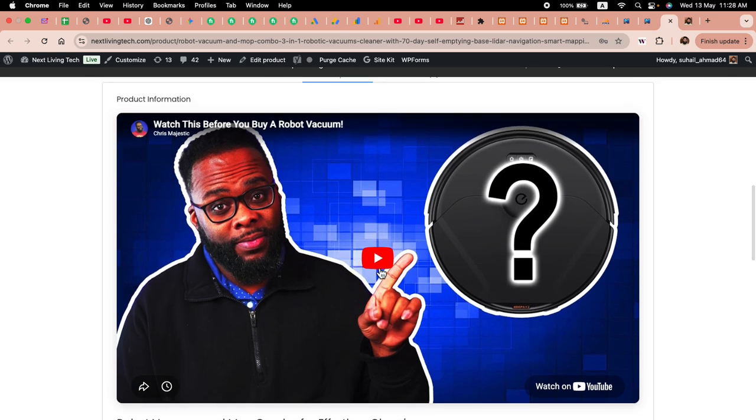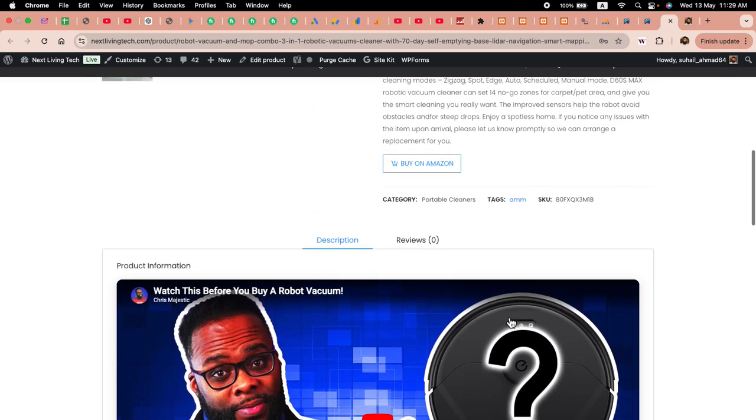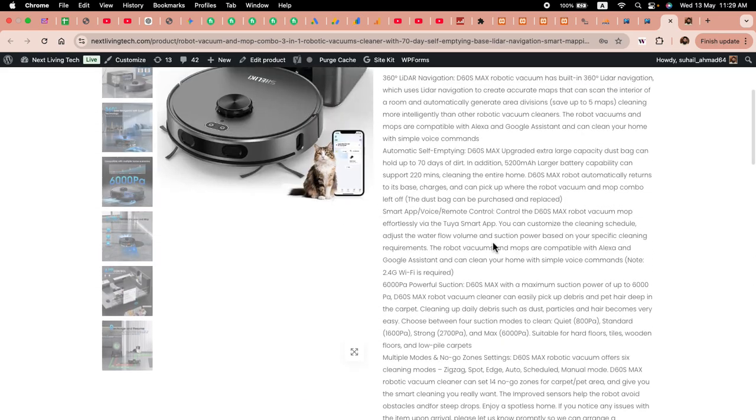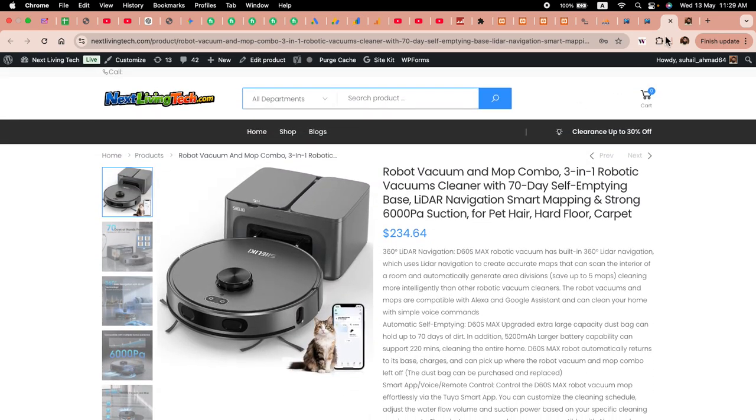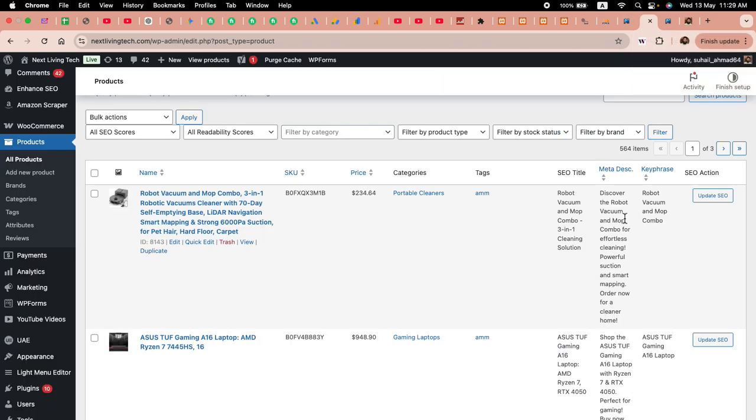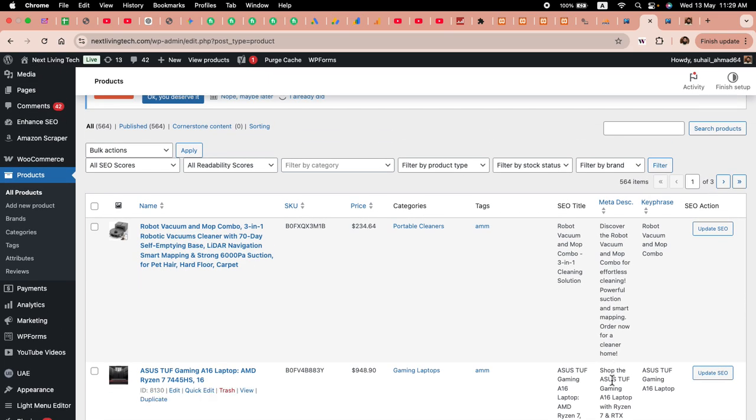And I have another plugin also which adds the YouTube video from that product from YouTube, and this is the short description. So this is how the SEO meta description and meta key phrase are added, and this is because of a plugin. And if I want to update all of these products, not clicking each products one by one,